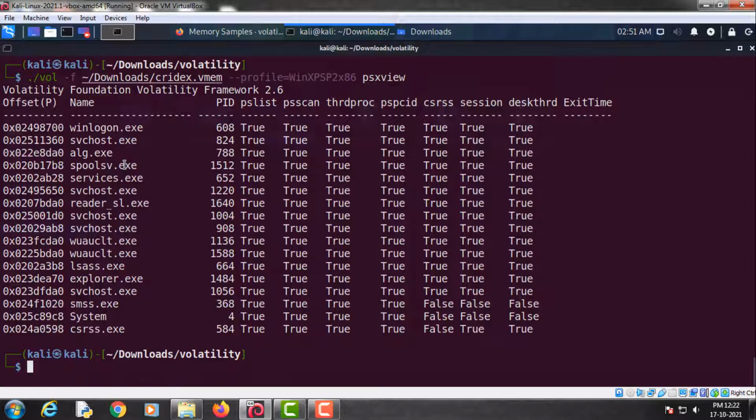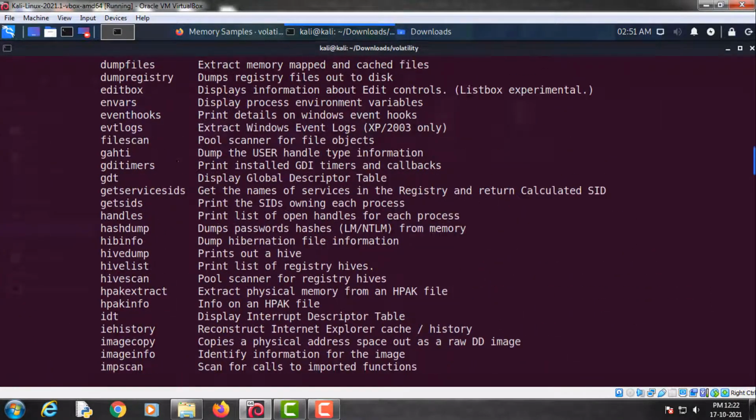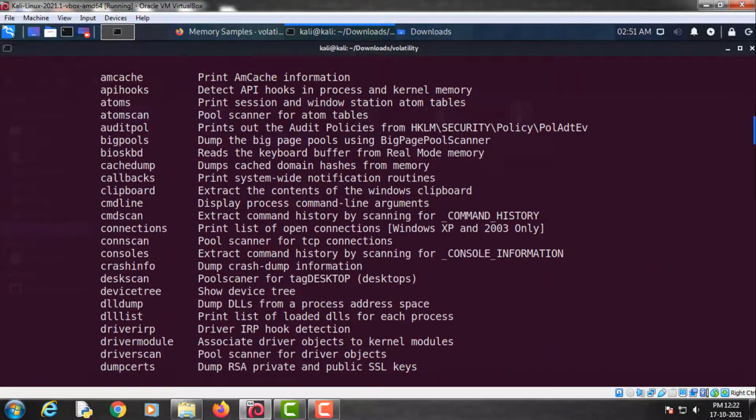What next? The next plugin we are going to use is cmdline, which gives us information about the commands being run on the command line. Cmdline displays process command line arguments.